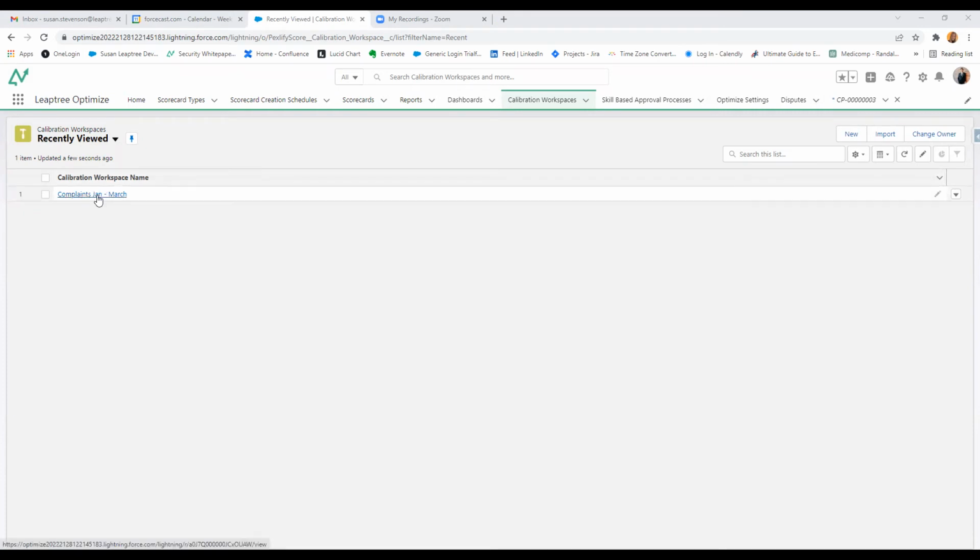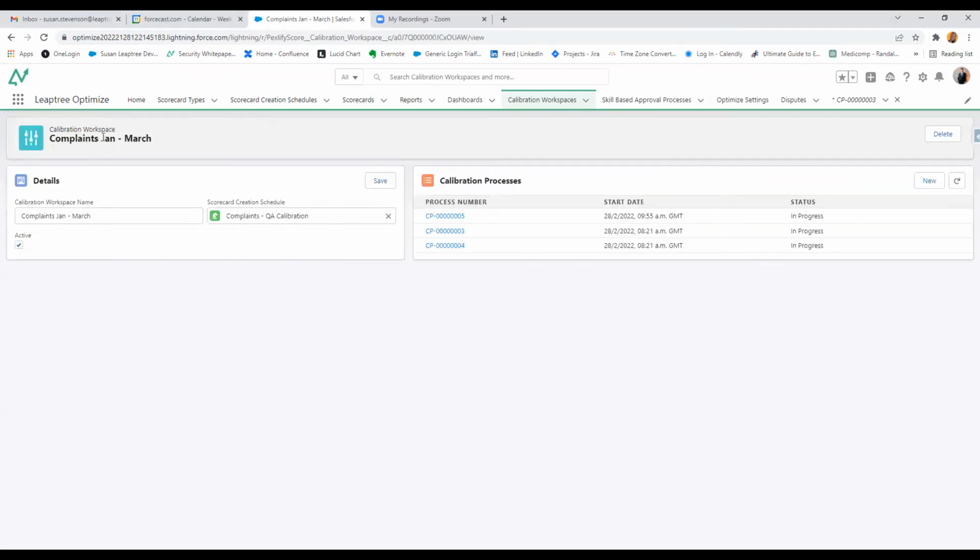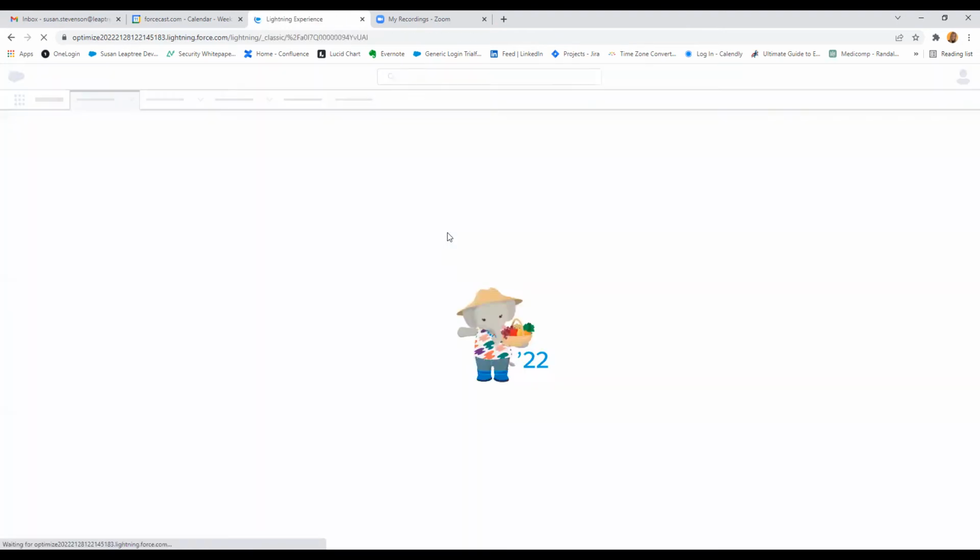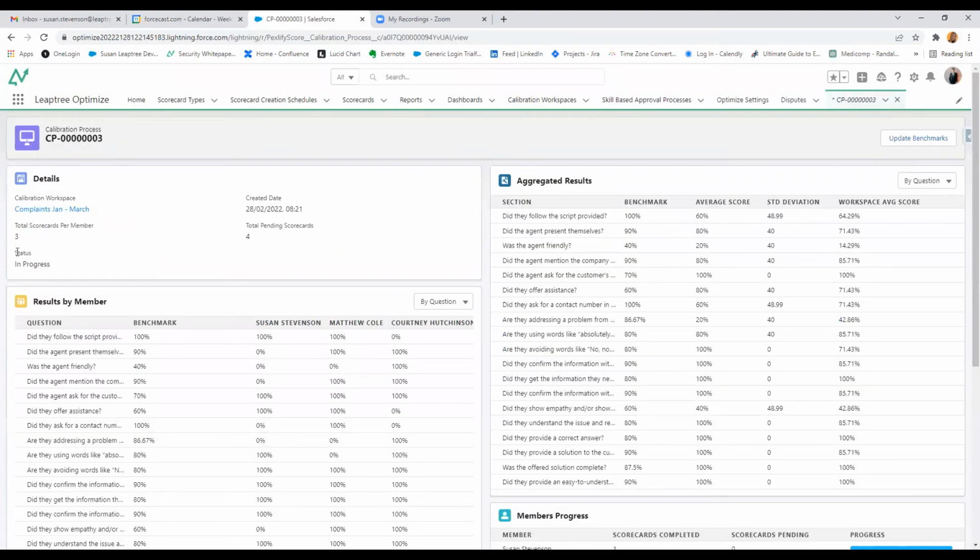So as part of this, we've created an overall workspace, and we're going to audit some of the transactions that happen between January and March. There's a few calibration processes that have already happened here, and essentially this just represents an individual occurrence. So you might run this once a month or once a week between January and March. And each one of these processes might represent a weekly set of cases or a weekly set of scorecards that are getting audited. So if we click into the first one here,